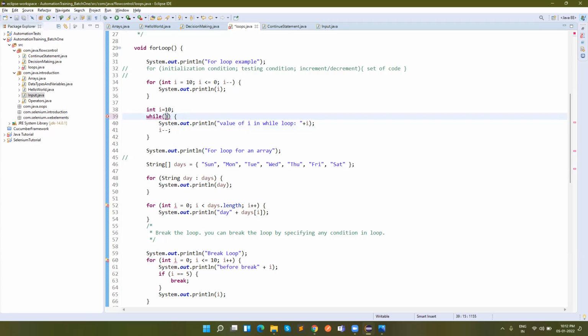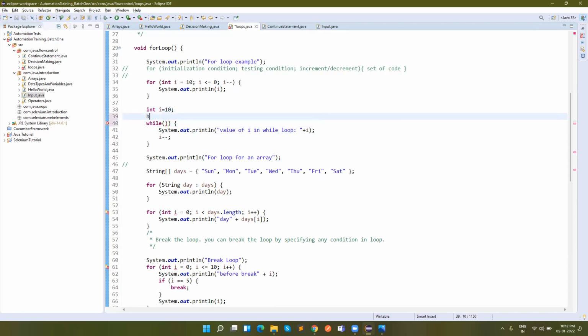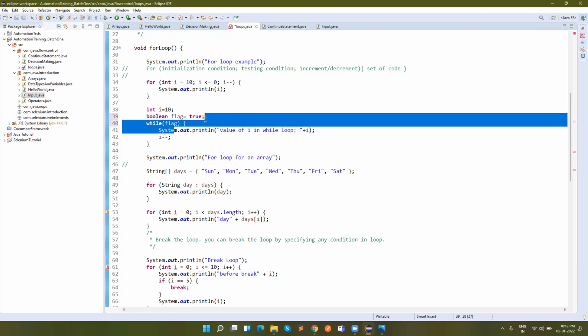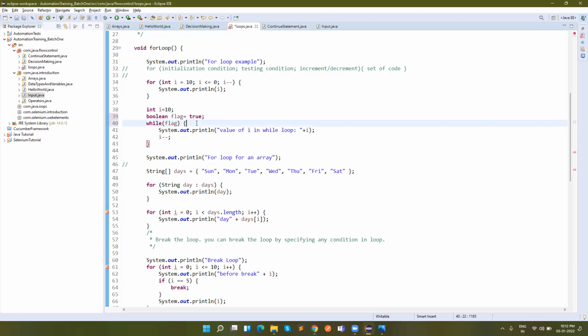Let me give you one more example. Let's say flag is equal to true. So I'll write it down: while flag is equal to true, do this thing.